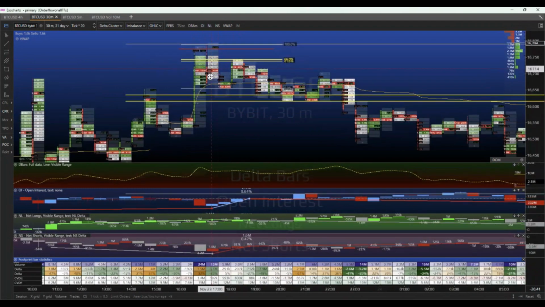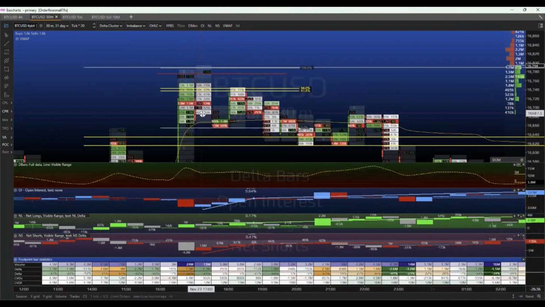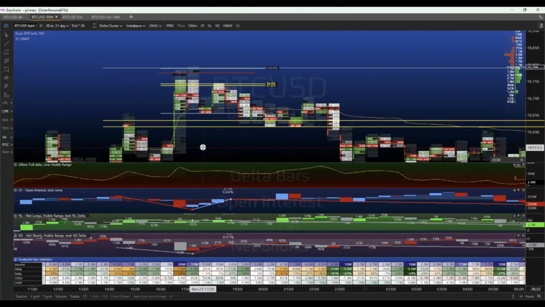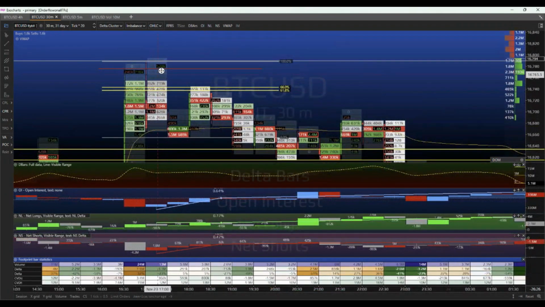And what I generally call this, when price takes the high of the previous candle and closes below, I call that the liquidity grab swing failure pattern. Nine times out of 10, it's going to give you a retest. So if you're not comfortable shorting right here, you can always wait for a retest, and you can see the retest was given. Price comes down, and you can see that from this candle, that negative 3.1 million in delta,